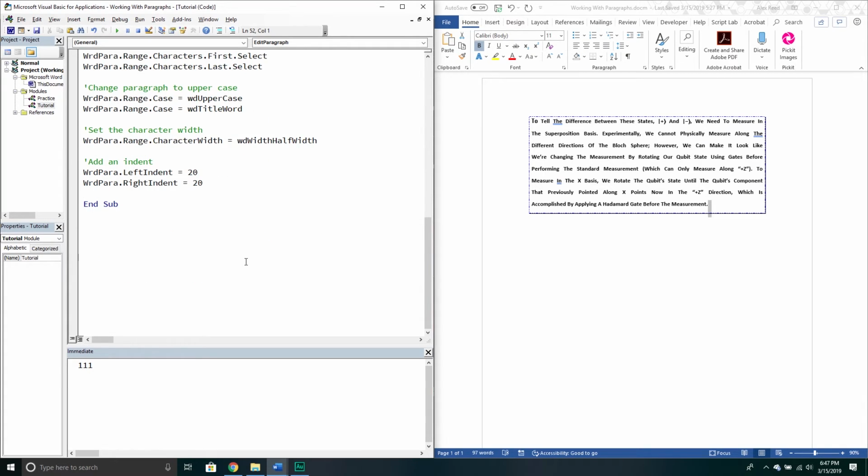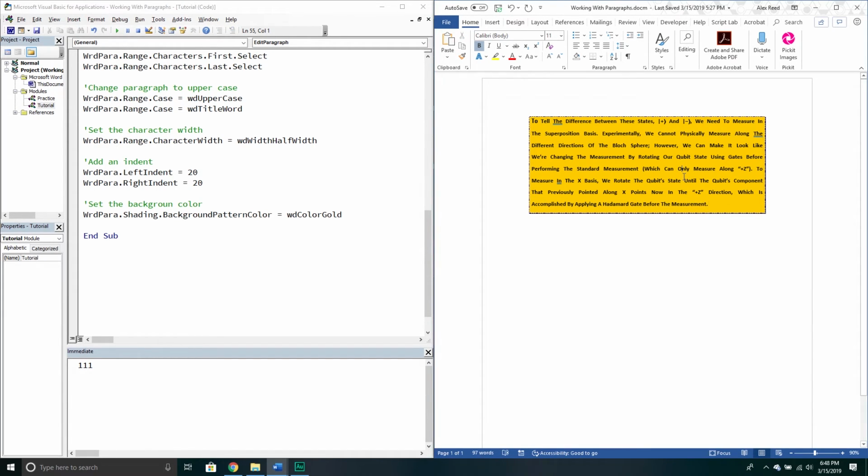You can add some shading to your paragraph. So this is kind of like a background. That's the way I like to think of it. So we'll say set the background color, and we'll do the word paragraph. We'll go into the shading property, and then we'll say background pattern color property, and then we'll choose a really bright color. We'll do gold. Never done gold. There you go. That looks kind of neat. I don't like it, but